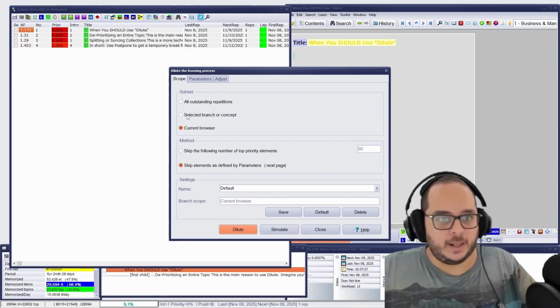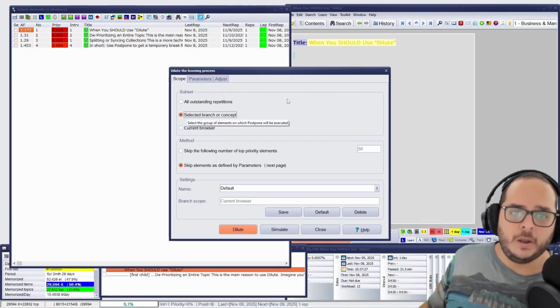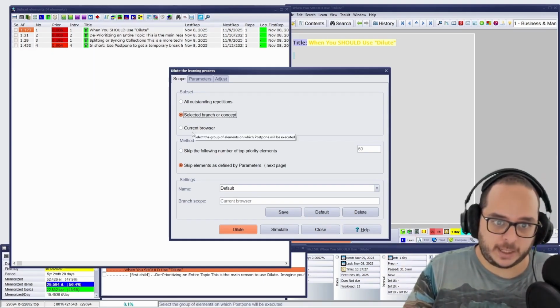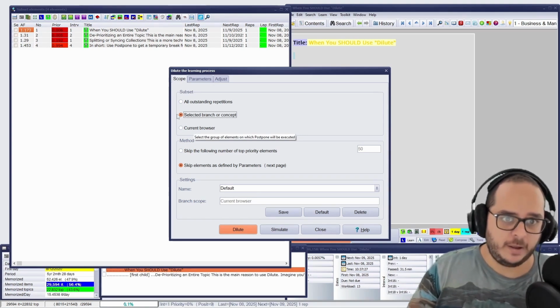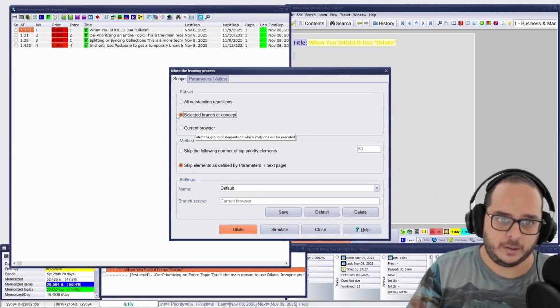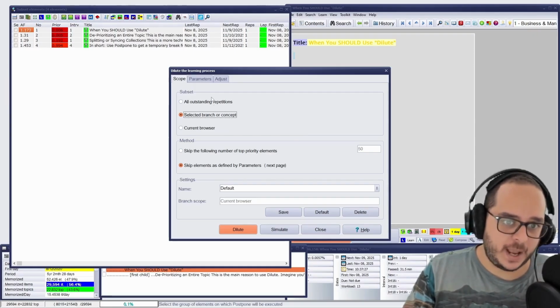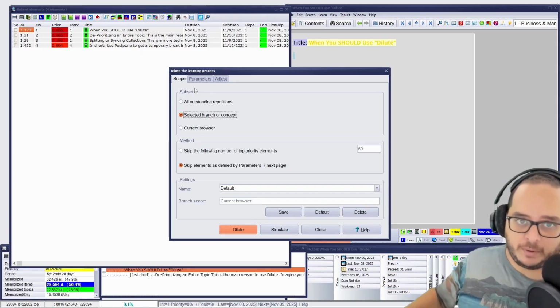Remember that. Just a reminder, selected branch or concept group would be a subset of the current browser. That can be any arbitrary selection of the collection, any subset from a search and whatever filter you may use. And if you don't use any subset, you're doing mercy, not postponing.